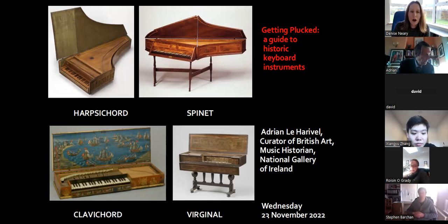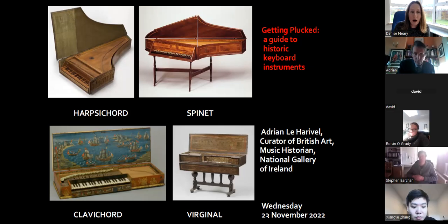His specialties are 18th century culture, art, religious art, architecture and collecting. He has also been researching and lecturing on the links between art and music over the last 20 years. His next exhibition is Pastel Revealed, a survey of 400 years, which will run from February to May 2023. He has previously lectured on opera, orchestra and musical paintings for the Royal Irish Academy of Music, and we are